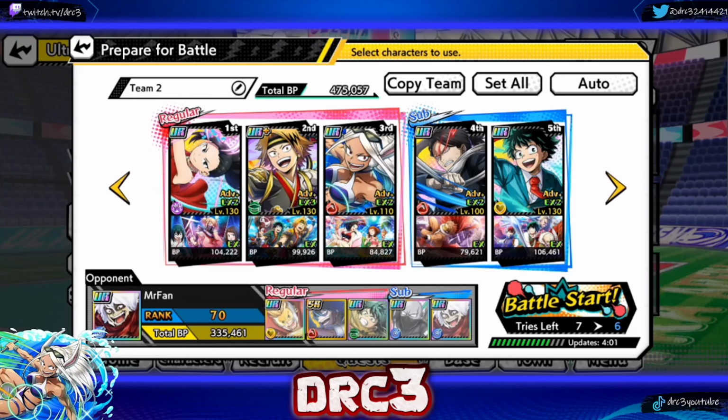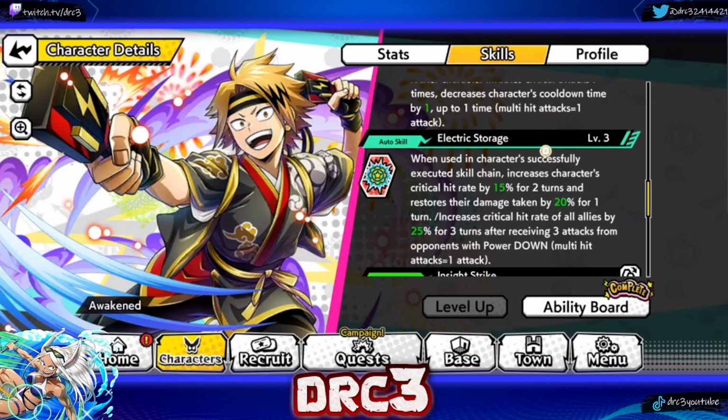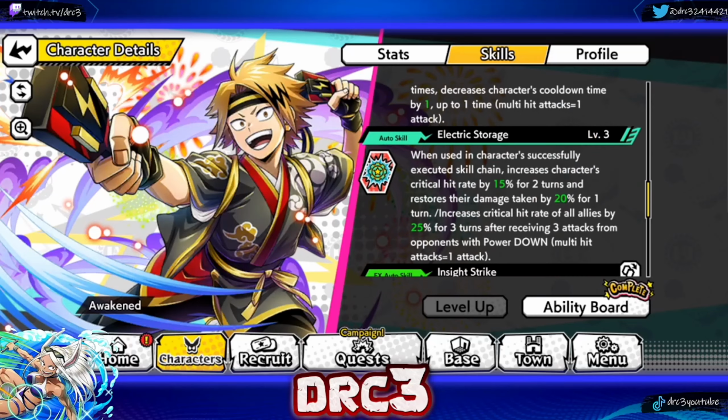Now, personally, I really like this combination of Kaminari and Mirko because they both do the crit thing, right? So let me show you Kaminari really quickly and why they work so well together. On his auto skill 1, increases plus ultra gauge of all allies by 30% every 3 turns up to 2 times, decreases power of all opponents by 15% for 3 turns every 3 turns, and this part doesn't really affect Mirko, but it does affect the other 2. Increases critical hit rate of all ally UA high class 1A characters by 20%. After character initiates critical attack 7 times, decreases character's cooldown time by 1 up to 1 time,